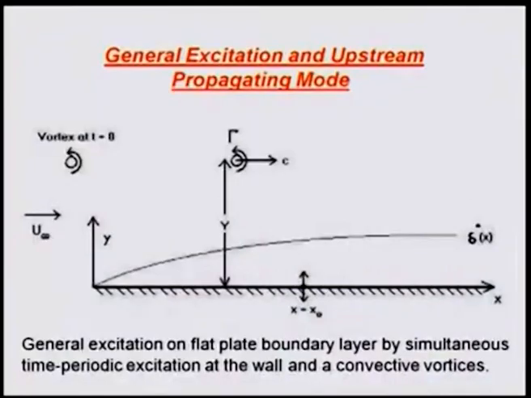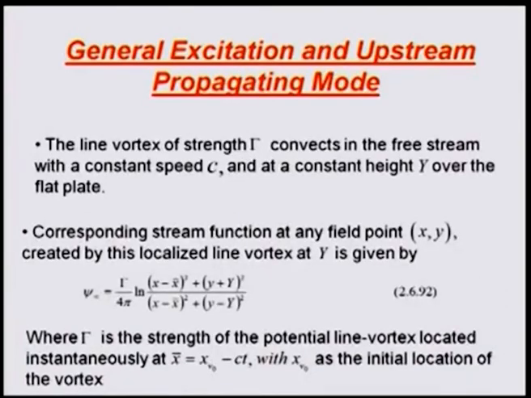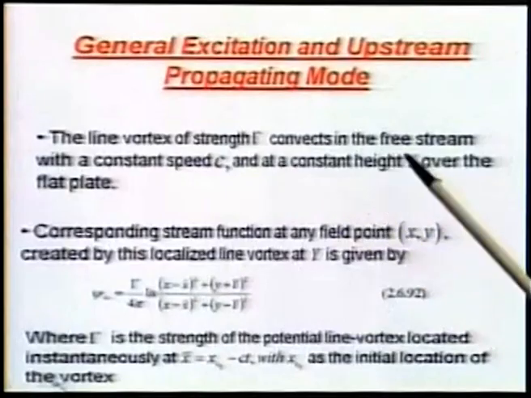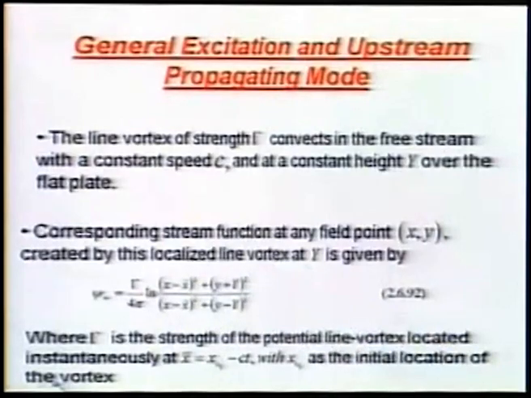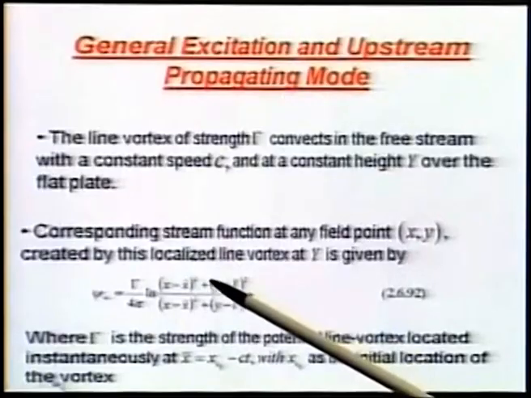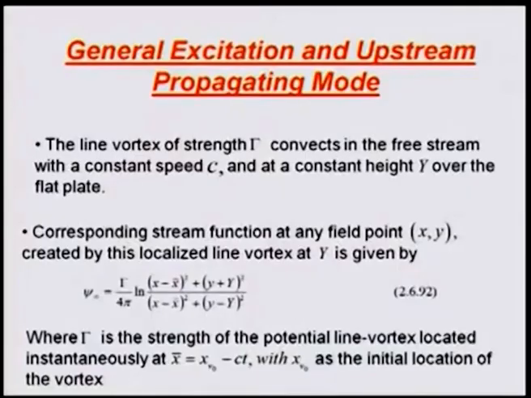Now, what happens to this additional exciter in the free stream, and that is what we have started discussing over the last few lectures. And what we saw is that the existence of that line vortex of strength gamma moving at a constant speed c at a constant height y gives rise to a disturbance stream function, and this disturbance stream function provides a kind of free stream excitation. And now, if you recall,